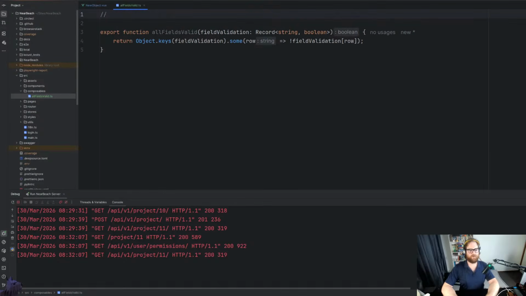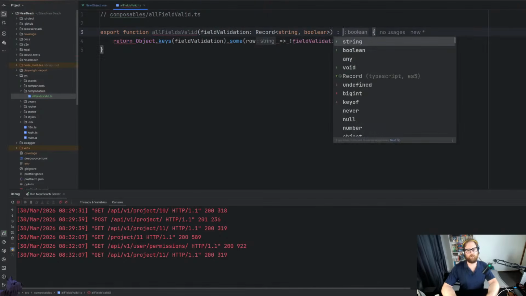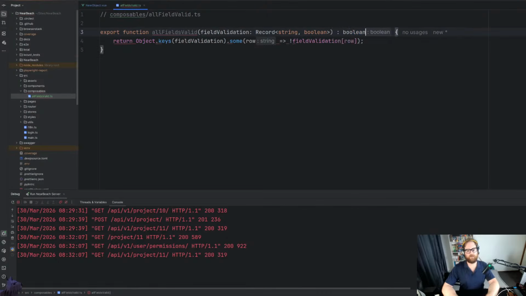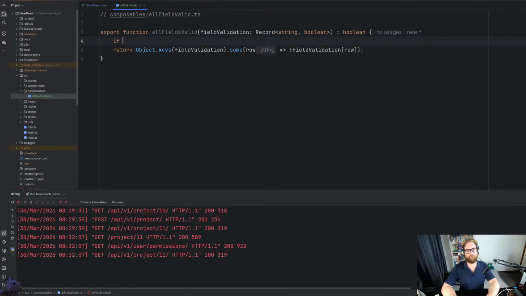This would be composables, and then all fields valid .ts. And then this would be a boolean. Now, if field validation undefined,